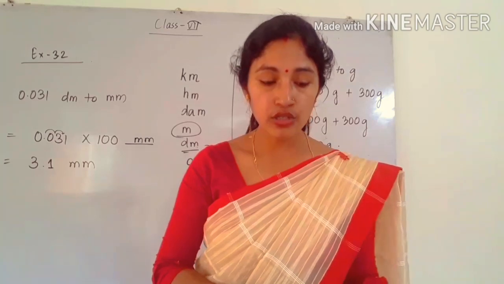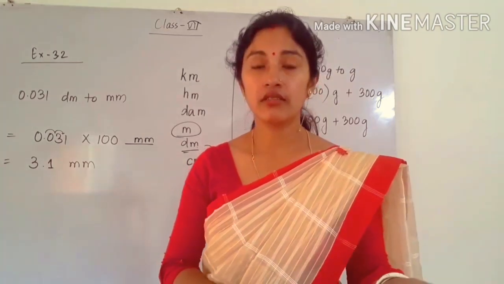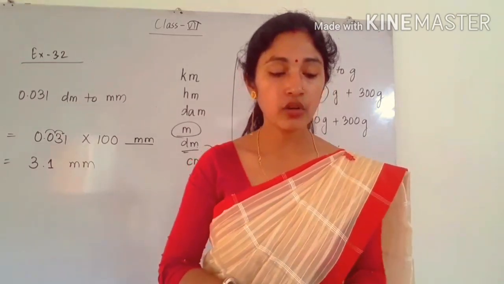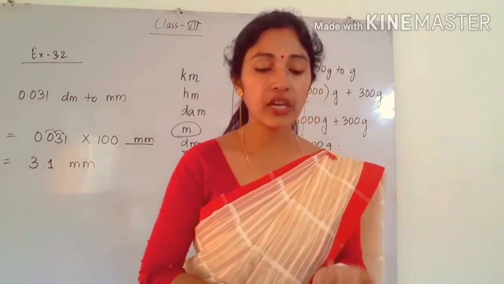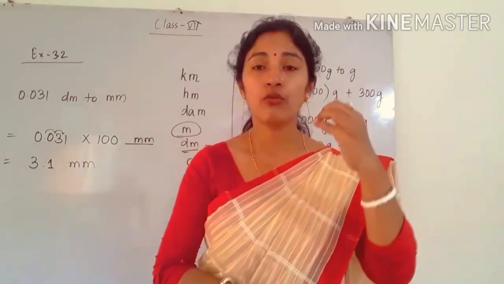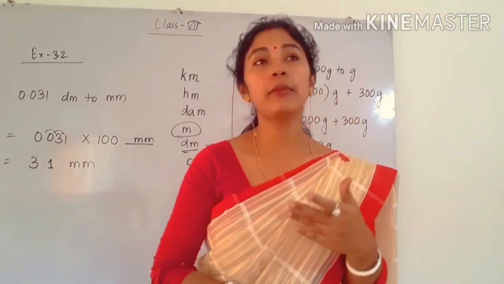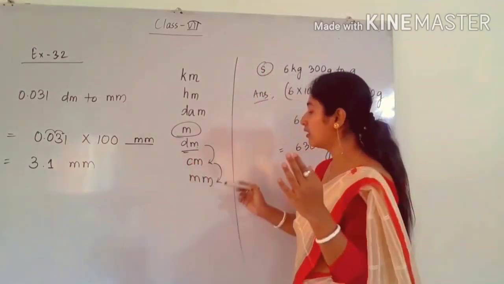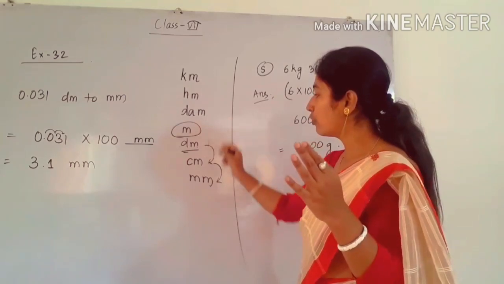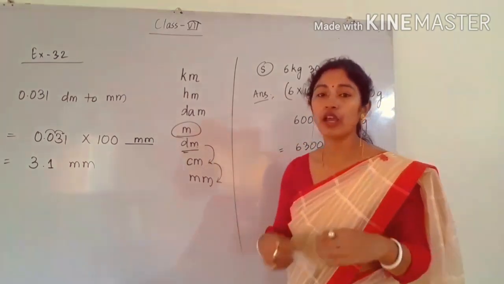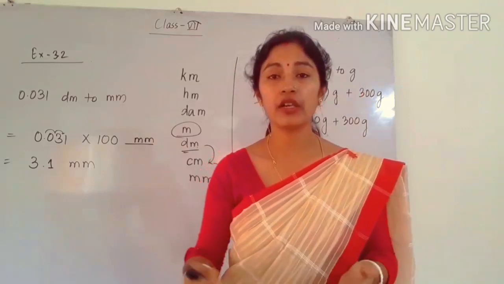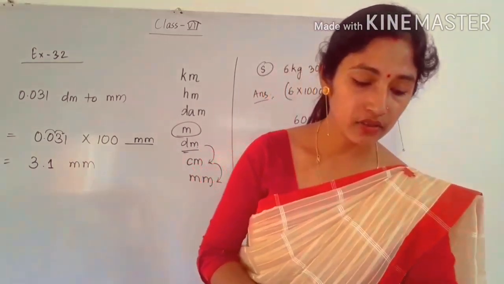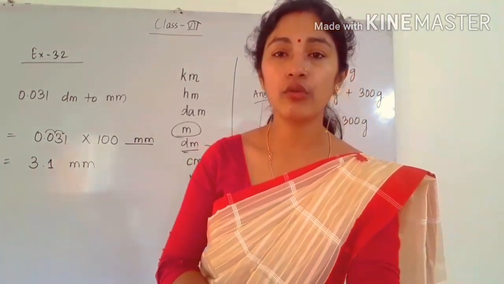So in the next questions, they ask, for example in question number 2a, when you convert meter to centimeter, will it be a larger number or a smaller number? So what you have to check is whether from meter to centimeter you go down or you go up. When we convert meters to centimeter, you will go down. Whenever we go down, we have to multiply, and if we multiply, the number will get larger. So we will get the larger number. Similarly, these questions 2, 3, 4, you can do by yourself.